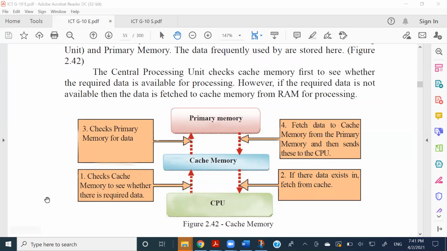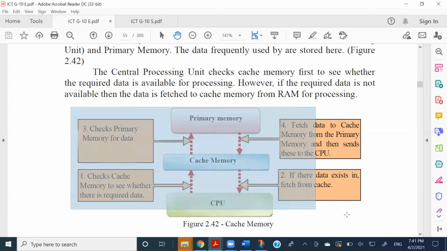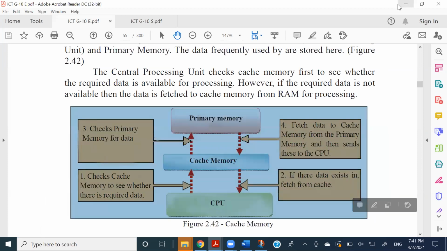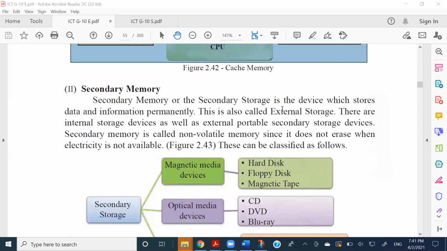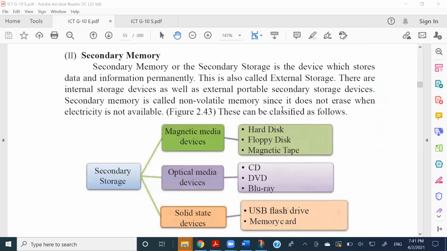Right. So people, if you kept the space to draw this diagram, we'll move forward to the secondary memory, right? When it comes to the secondary memory, it actually consists of three categories. Secondary memory is a memory which stores the data permanently. So, in other words, it's going to be a non-volatile memory, right? So there are categories according to the